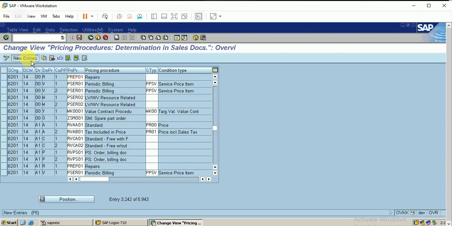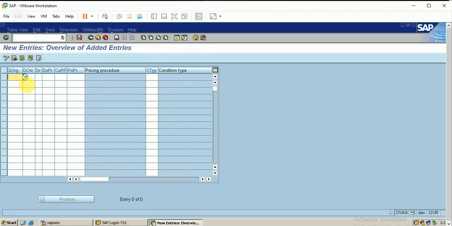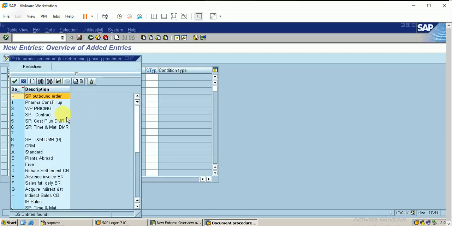So just go to the new entry. So our sales organization is this. The distribution channel is, I just entered a distribution channel BE, and this is BA. Okay, just go to the standard thing.